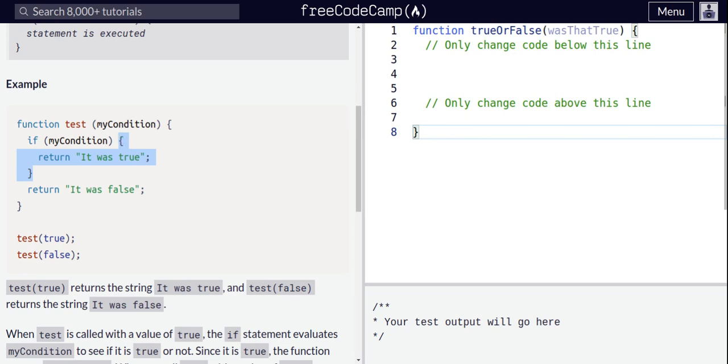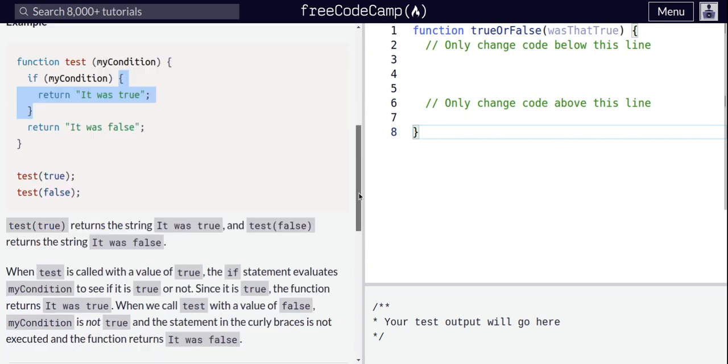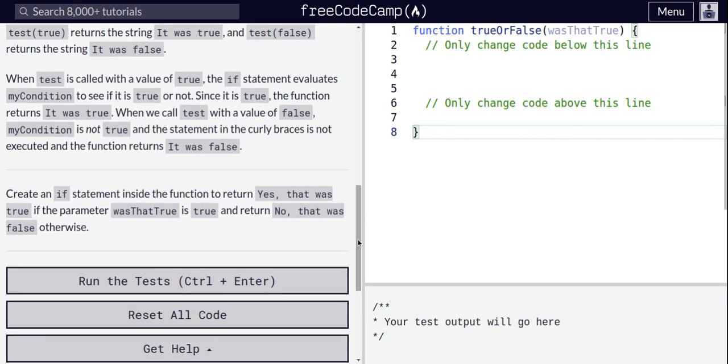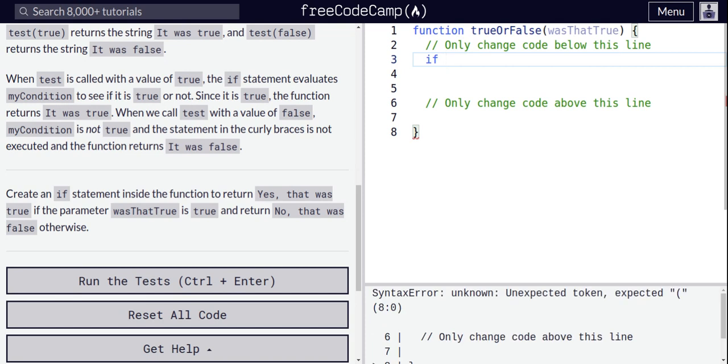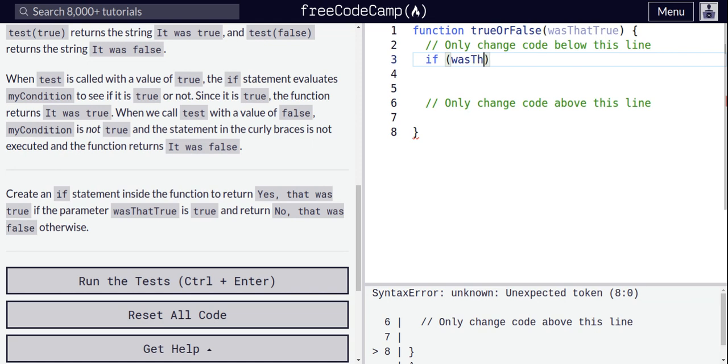All right. So let's head over to the challenge. It says create an if statement inside the function to return yes, that was true, if the parameter was that true is true, and return no, that was false otherwise. So we already have our function, and all we need to do is to write an if statement. So we'll have if was that true,